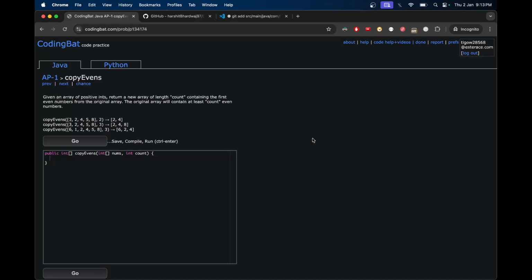Alright, let's read the problem statement now. Given an array of positive ints, return a new array of length count containing the first even numbers from the original array. The original array will contain at least count even numbers. So in the copyEvens method, we will be given an integer array of nums and an integer count, and we